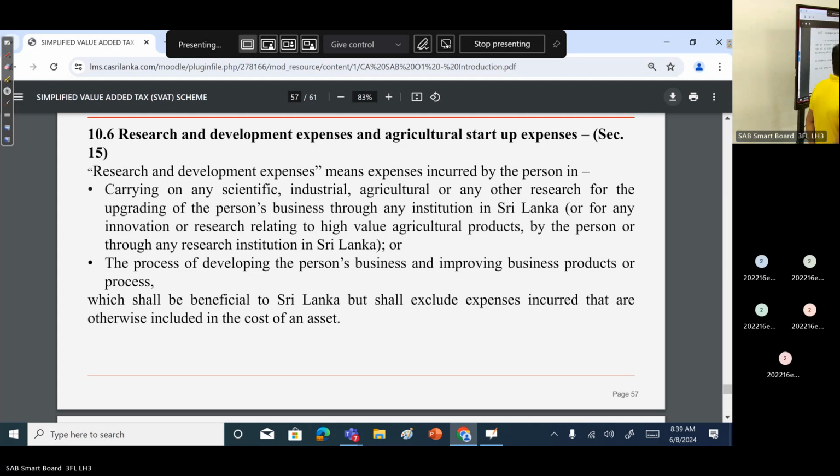They can deduct it, or the process of developing the person's business and improving business product or process. So unless this tax law is in the economic policy, right? The country's economic policy. You know that we are still a developing country. Right, so to expand the economy, it is important to go with innovation, right? That is policy. You know that in developed countries they always come with something new, a novelty,